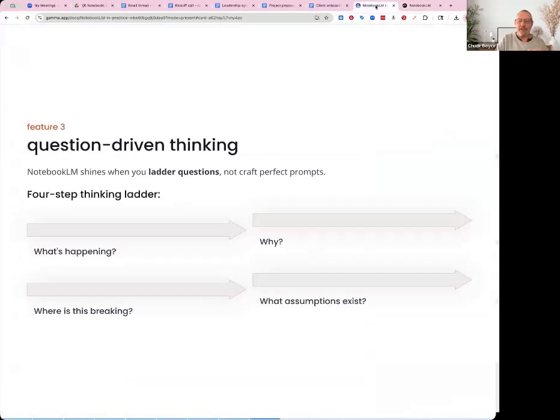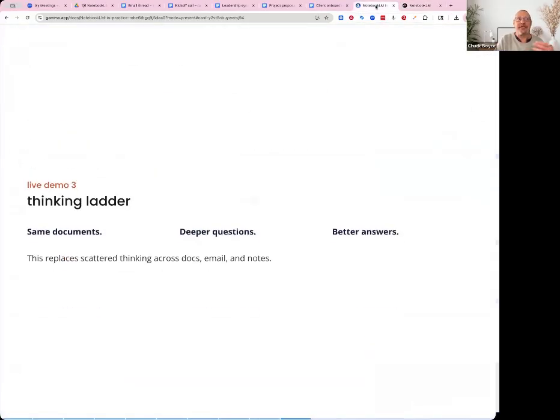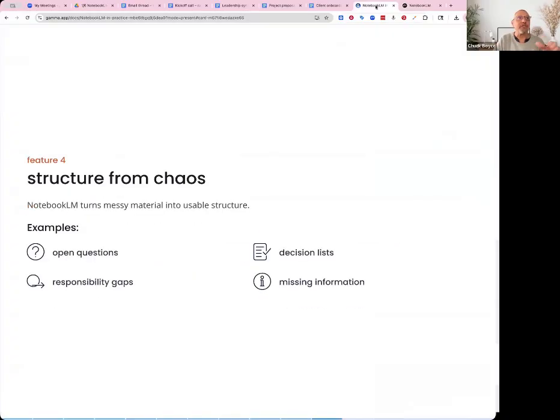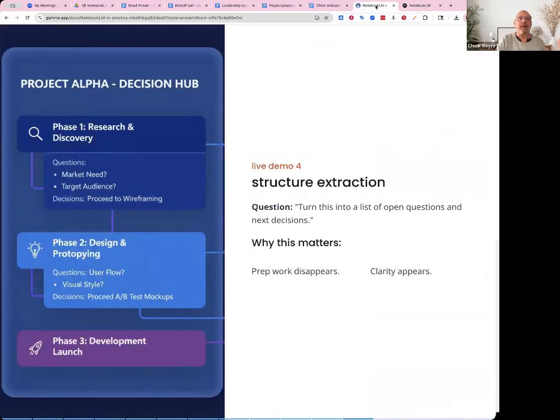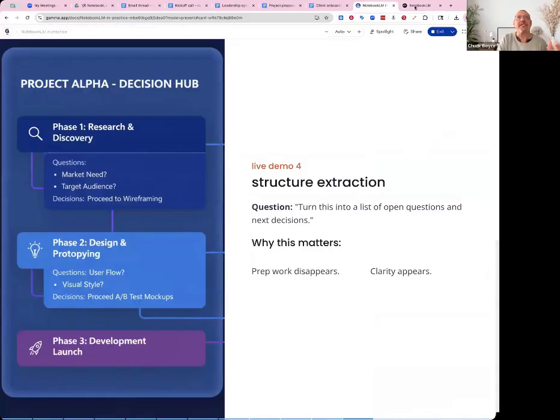So going back into the next feature that you could use is the thinking ladder, the same documents, better answers. So we'll go from chaos to structure. It turns messy material into usable structure. You can give it open questions, you can make decision lists, you can find responsibility gaps, you can find missing information. So looking at this, we'll say, let's turn this into a list of,